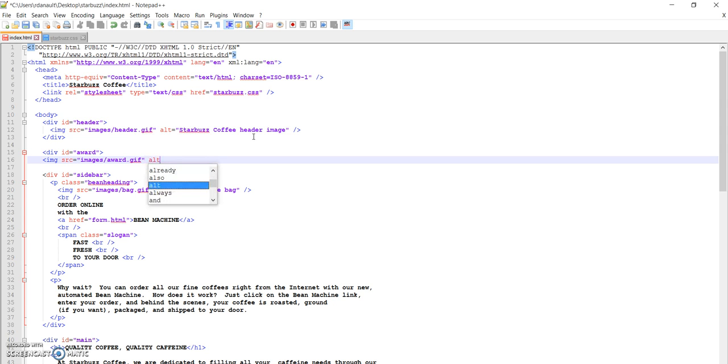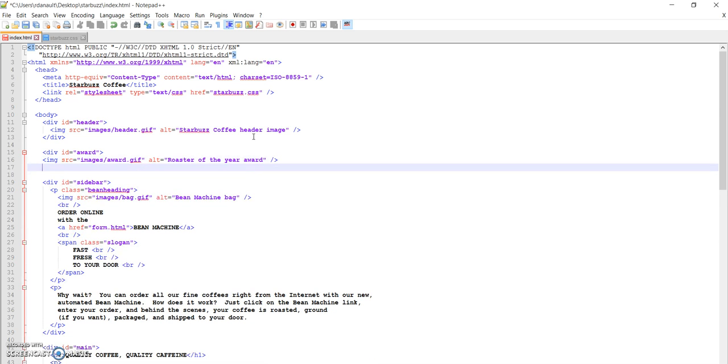Now obviously I need to put an alt here because we're in XHTML, alt equals Roaster of the Year award. Close the quote, space, forward slash, and this is one of those tags that needs to be closed. And then I'm going to close the div. So that particular div is going to contain nothing more than just an image. So now I'm going to close the div. Okay, so Control S,